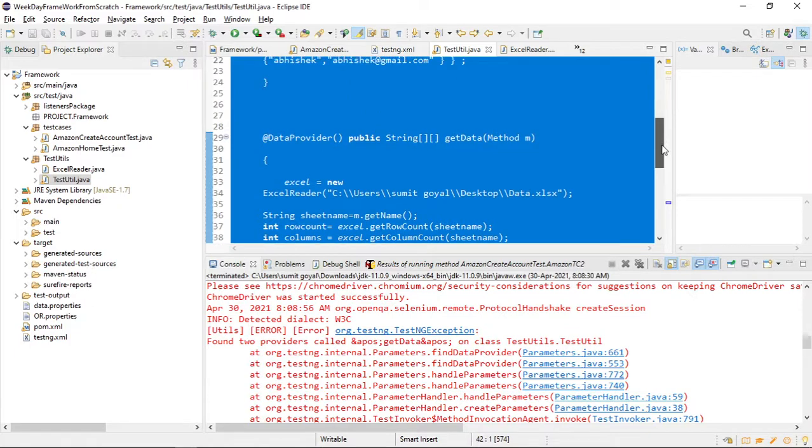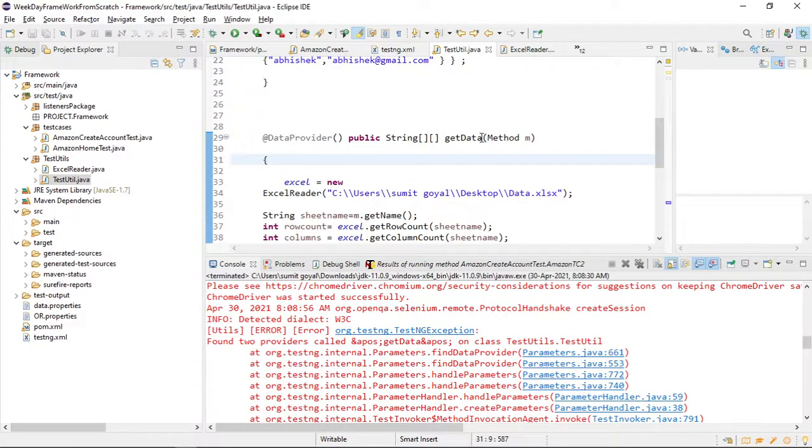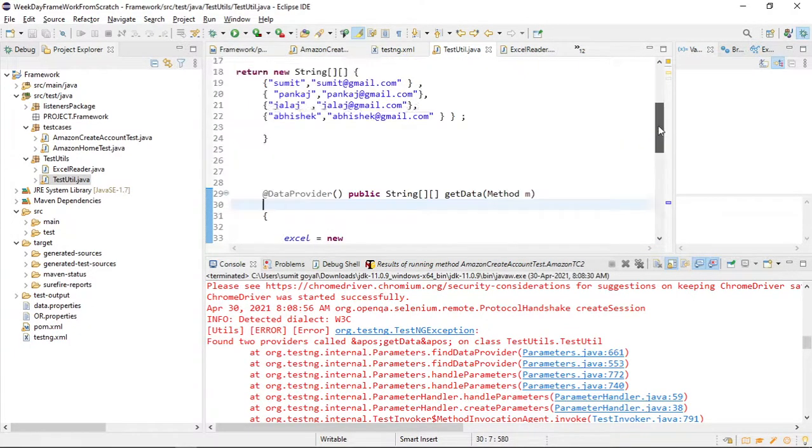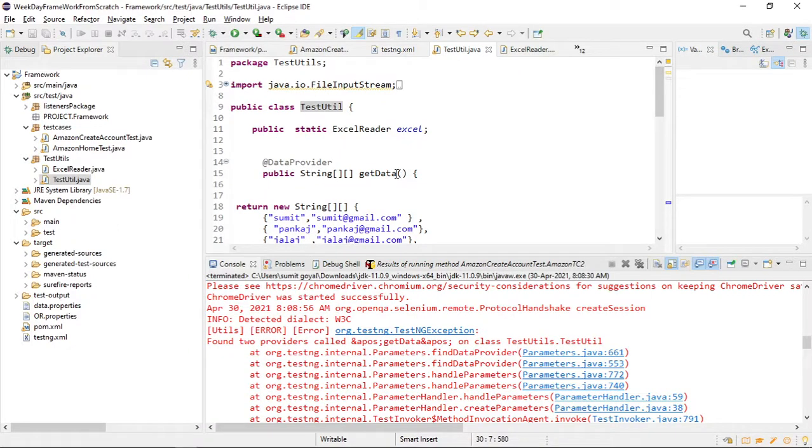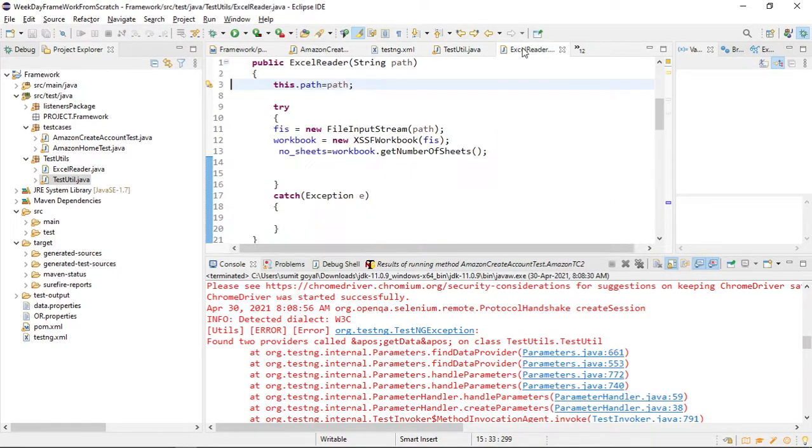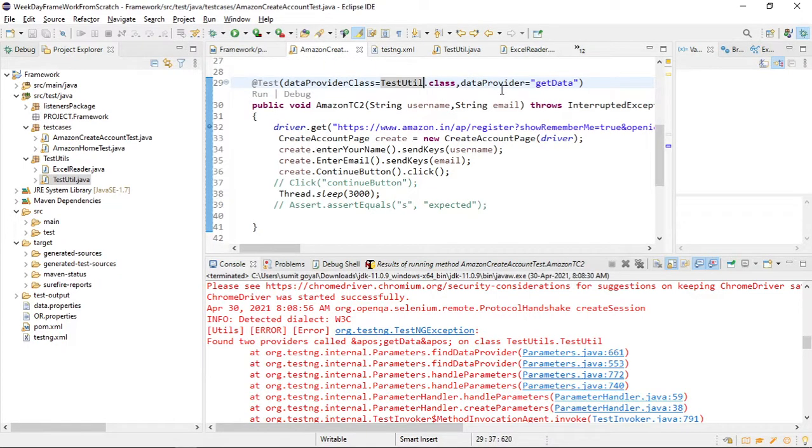So this is for Excel. I will come to that one later. Let me change the name. Change the name to get data one. So let us give some name. Actually, both the data providers are having the same name, so it is failing. So now it is get data one. So it is confusing which one I have to go to. Now if I run it,